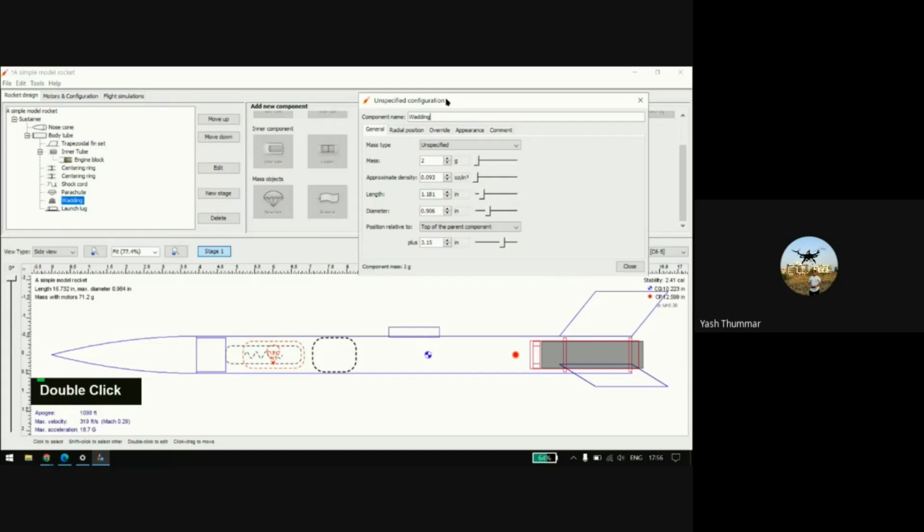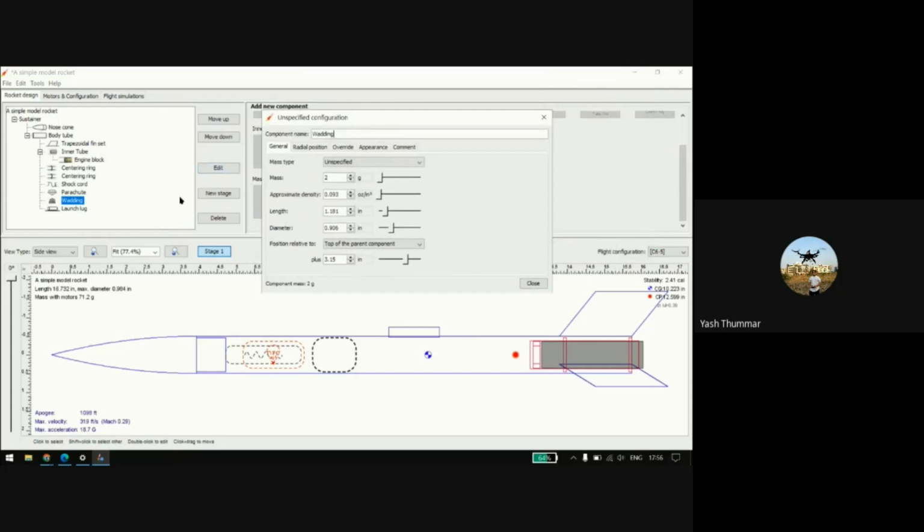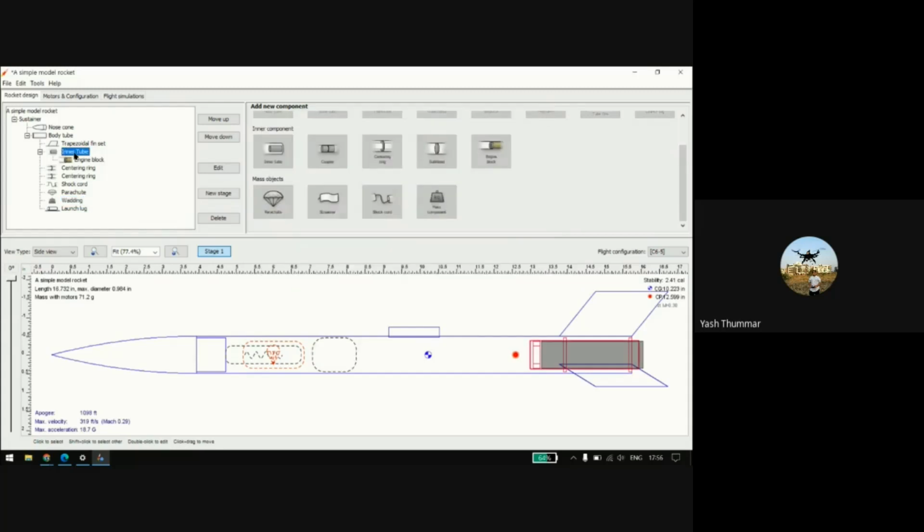And now it's loading. If you want to give some kind of weight or payload to your rocket model, you will give it from here. You simply click on a mass object, and you can easily add the payload, it depends on the model rocket.